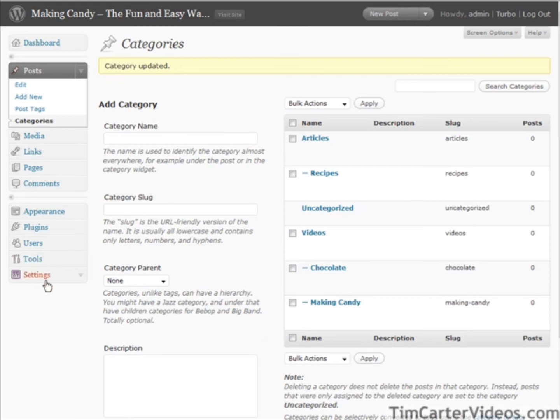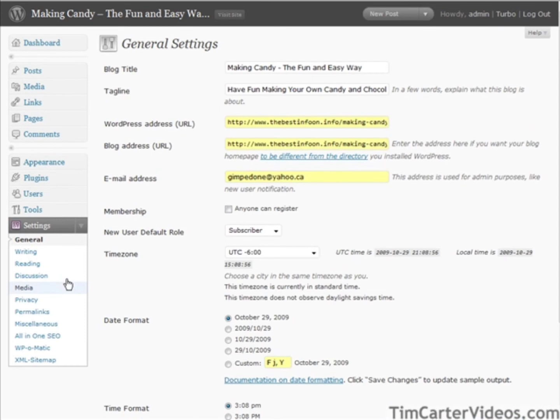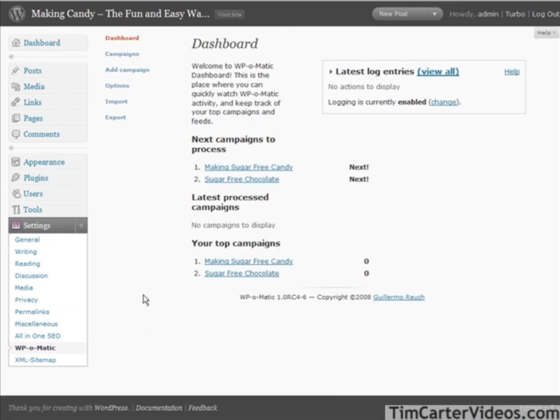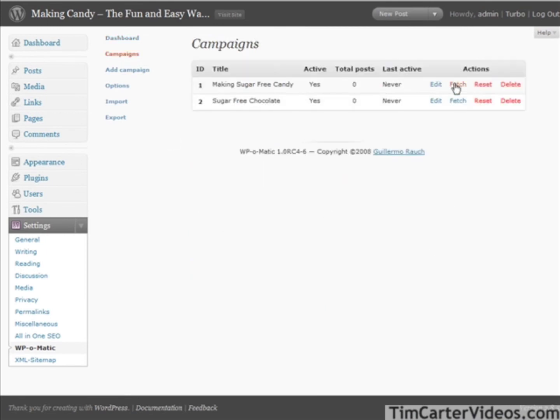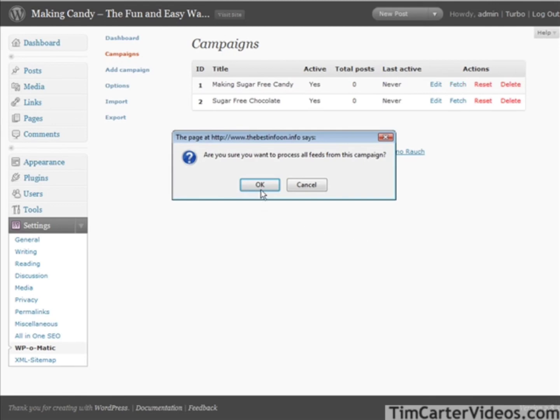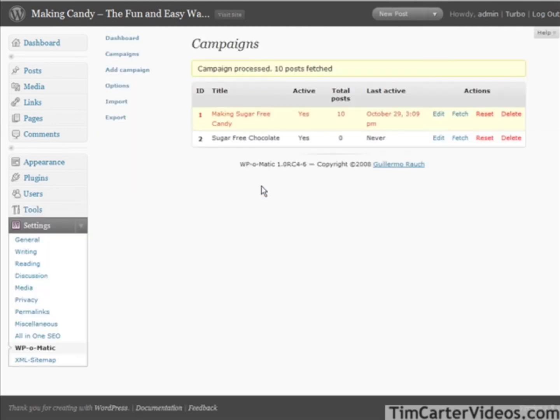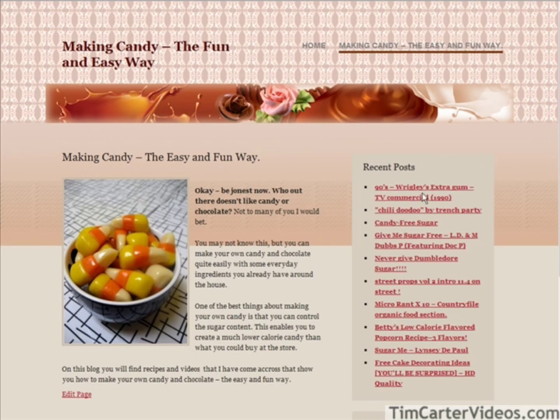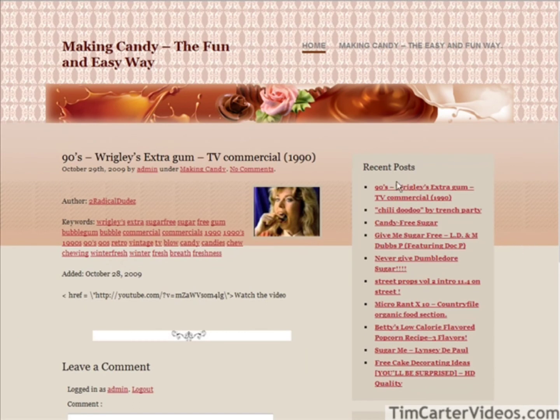Okay, now what we can do is fetch those manually right now just by clicking on the fetch button in campaigns. Let's go to campaigns. If we click on the fetch button, it's going to fetch the posts for us and bring them in. Let's fetch the first one here, making sugar-free candy. Okay, it brought in 10 posts. Okay, let's go visit our site. Okay, and here's our recent posts. Now if we click on the links here, let's click on the first link. Okay, it brings in,